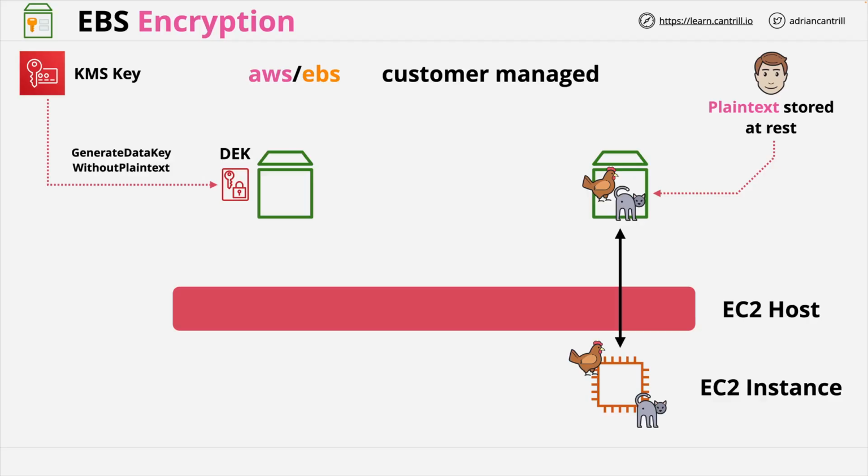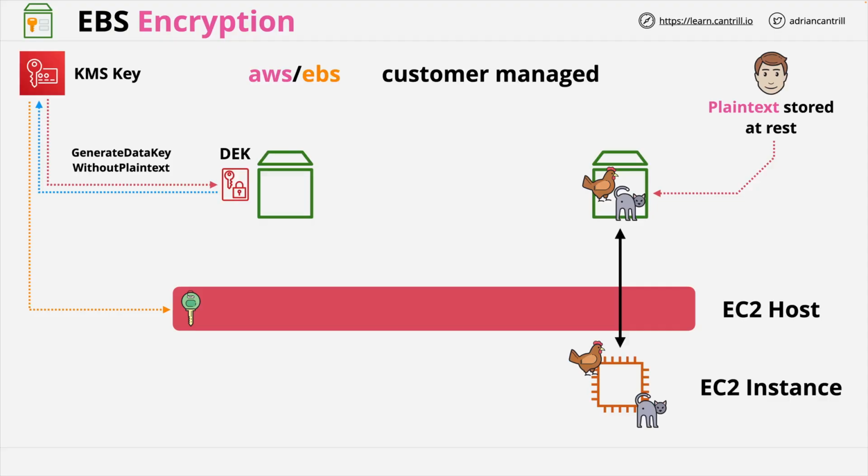Remember, initially, a volume is empty. It's just an allocation of space, so there's nothing yet to encrypt. When the volume is first used, either mounted on an EC2 instance by you or when an instance is launched, then EBS asks KMS to decrypt the data encryption key that's used just for this one volume, and that key is loaded into the memory of the EC2 host which will be using it. The key is only ever held in this decrypted form in memory on the EC2 host which is using the